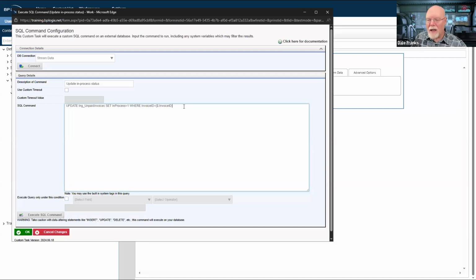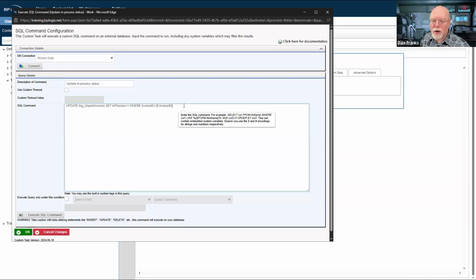So whenever I need to update some of that data, because I've created the form with the stream action, I've pulled the ID and set the ID into the invoice ID field on my form, I now have a single value that identifies uniquely one record, and I can use it to update that record.